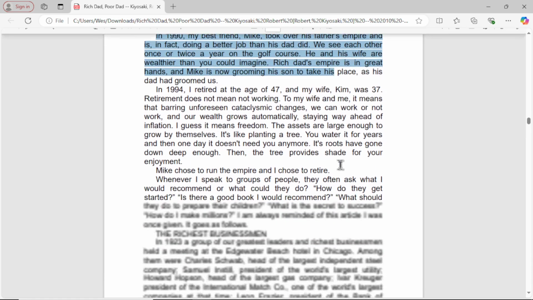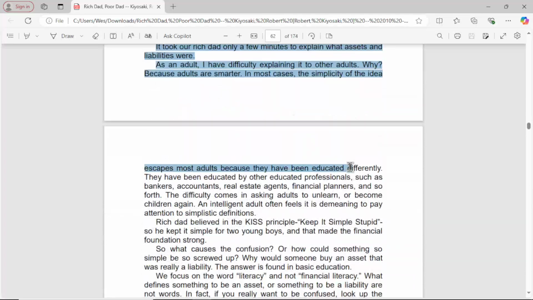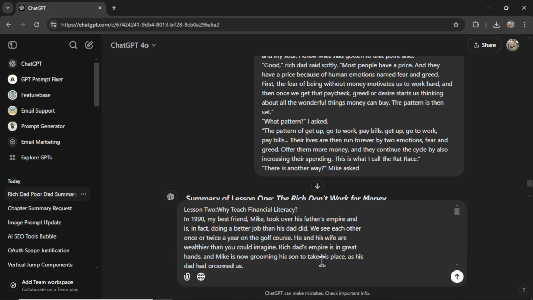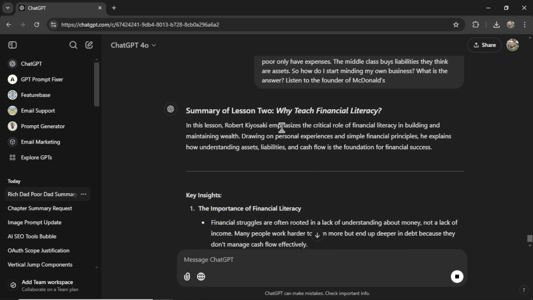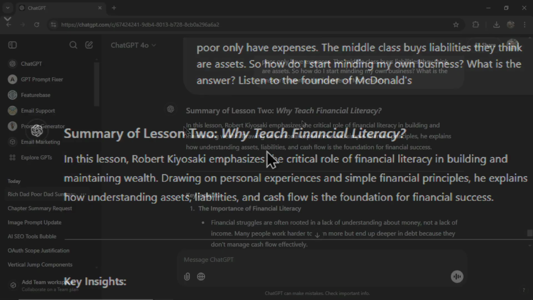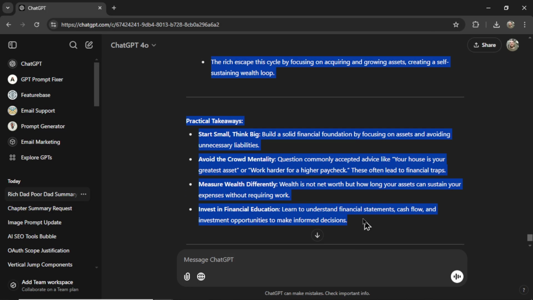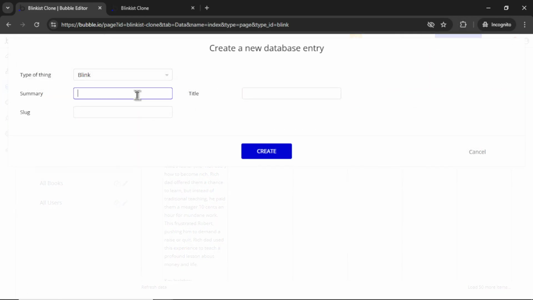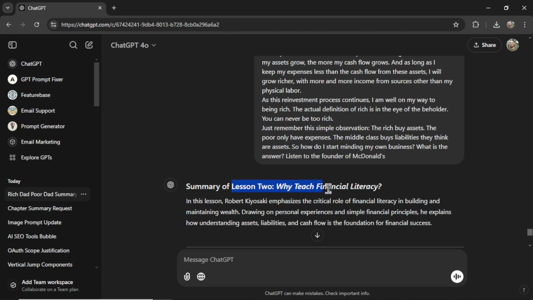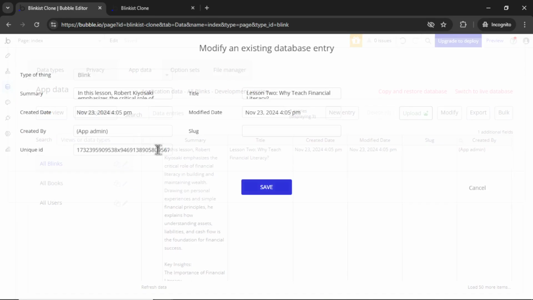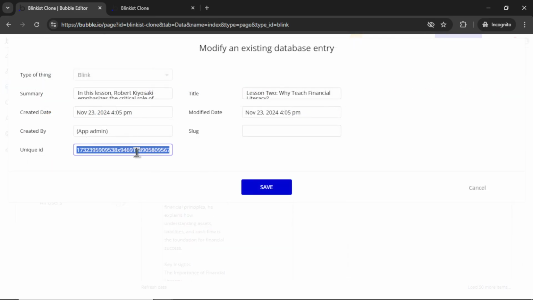But let's do one more chapter. This is Chapter 3. Copying all of the text, pasting it into ChatGPT, hitting Enter. And here we go. Lesson 2, Why Teach Financial Literacy. I'm going to copy this summary with the practical takeaways. Let's click New Entry in Blinks, paste in the summary, copy Lesson 2, Why Teach Financial Literacy. We're going to use that as the title, hit create, and then take that Blink's unique ID and add it